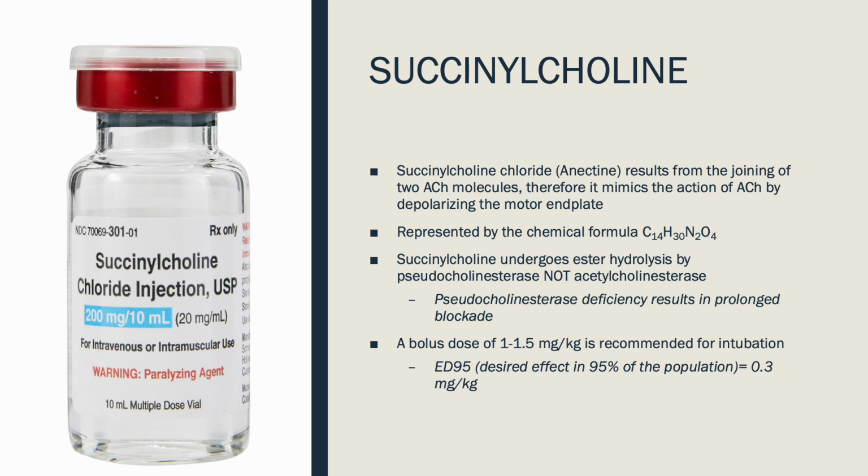So keep in mind, succinylcholine will mimic the action of acetylcholine at the neuromuscular junction by binding to that nicotinic acetylcholine receptor on the motor endplate. It's going to bind to both. This is going to lead to prolonged depolarization. This will prevent further action potentials. This rapid onset and short duration makes it highly useful in some situations. The metabolism of it is unique because it's hydrolyzed by pseudocholinesterase, also called butyrylcholinesterase and plasma cholinesterase. That is not acetylcholinesterase, though. Okay? This distinction is critical because